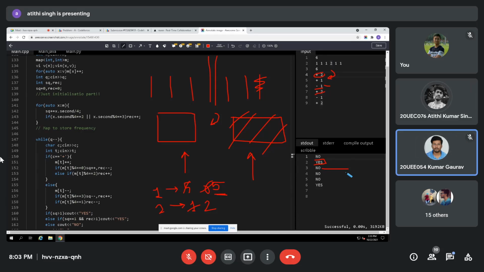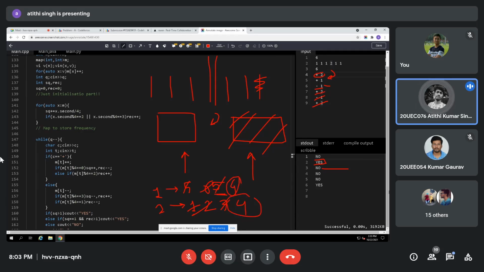Yes. Then I'll add one more wood log of length 2, so this will become my 3. And I will take one wood log of length 1, so this will become my 4. Still I will not be able to make it because the condition is not fulfilled, as you can see. When I again add a wood log of length 2, these both will become 4 and 4. So I can make one square from this and one square from this, right? My condition will get fulfilled, and again I can say that yes, I can make, right?